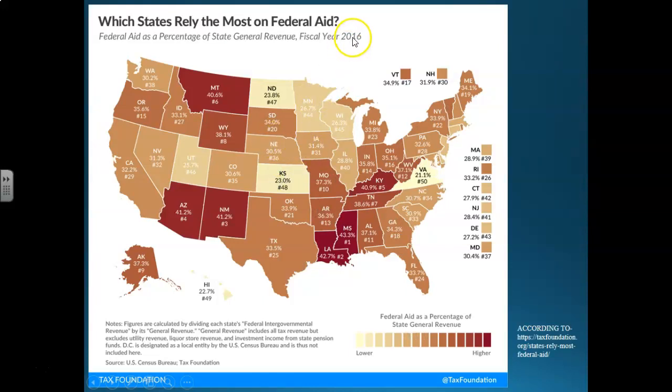So this is a little old. This is 2016, but you can see the states that received the most money: Mississippi was number 1, Louisiana was number 2, New Mexico was number 3, Arizona was number 4, Kentucky was number 5, we were number 10, Illinois was number 40. Now, I've got to find an updated chart, but this just gives you an idea. It's ironic that it's a conservative state, conservative state, conservative state, and we have a lot of those high-number ones receiving federal funding.